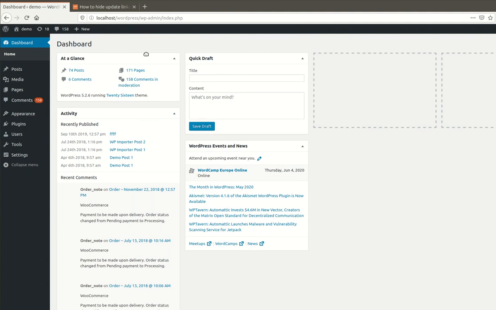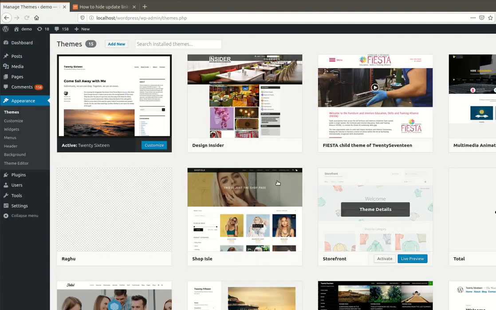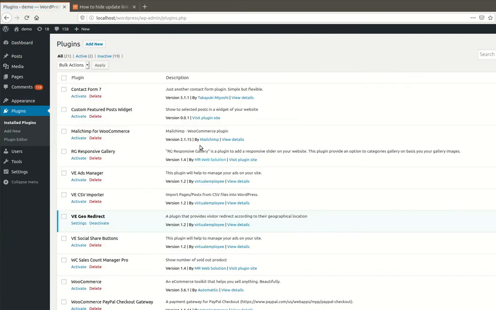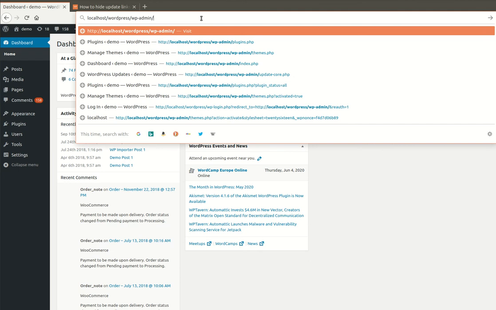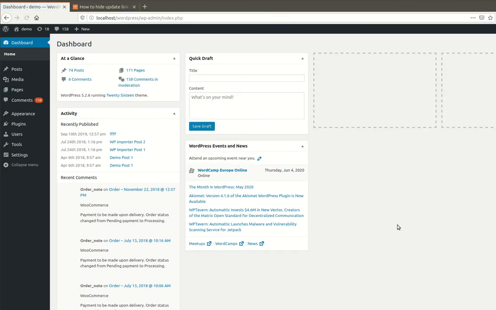You can see all the links have been removed from your website. Here you are not able to see any update, here also, and here also. Even when you try to update the core file, you are redirected to the home page. So this is the way you can hide the update links.